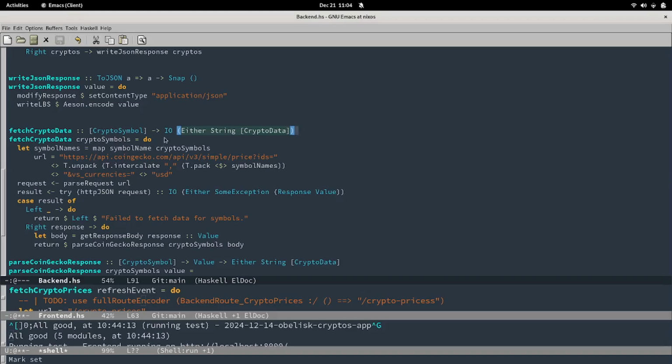I know from IO, this is going to do some sort of real world action, such as probably fetching from the World Wide Web,